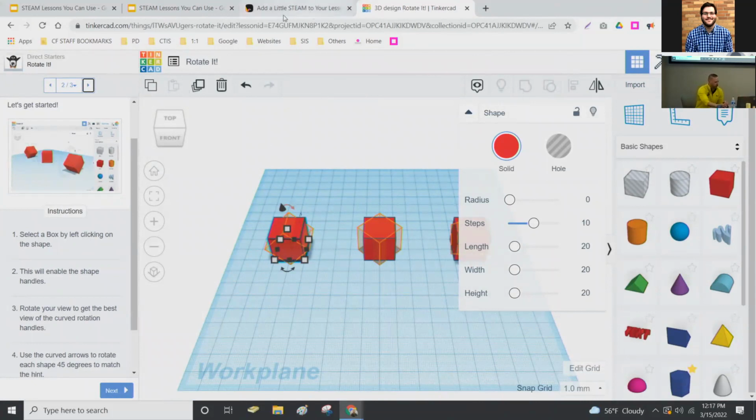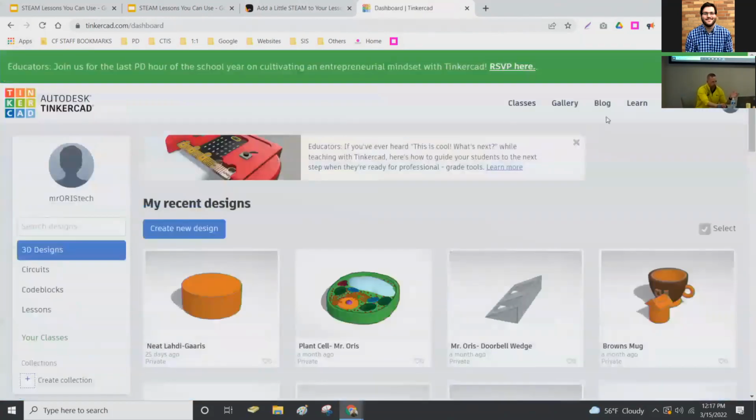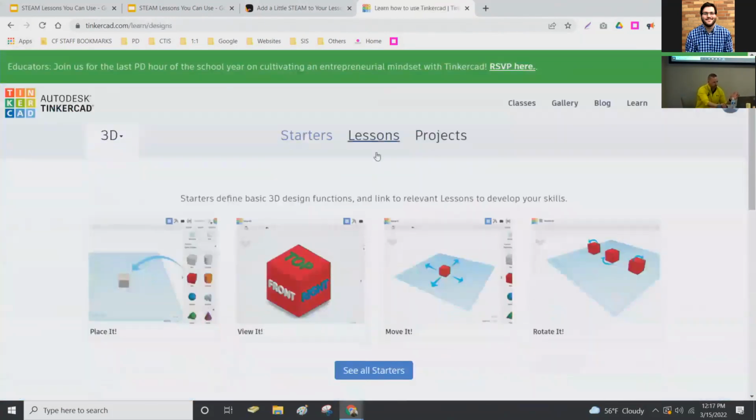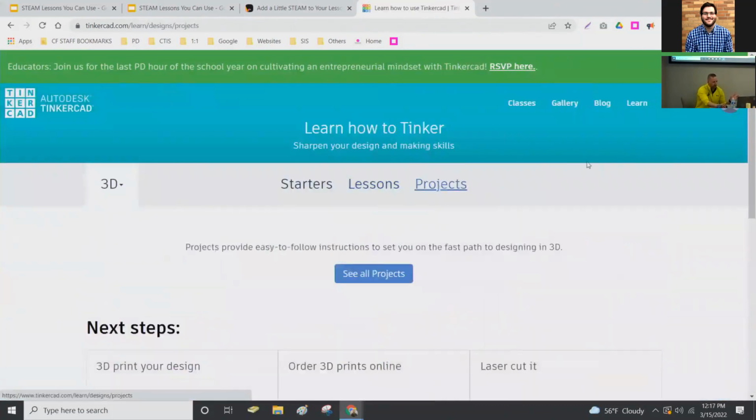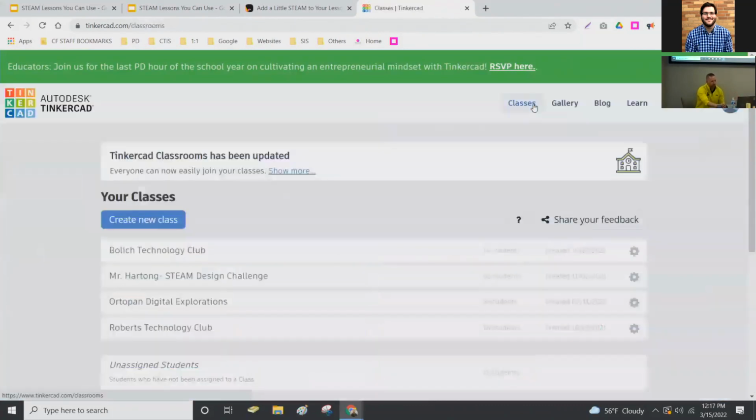There are also starter projects that students can jump right into. So they've got a learning section, they have lessons, they have projects, and if you really wanted to, you could connect a class through Google Classroom and bring the students under one organizational structure within Tinkercad. So that could be an entire presentation on its own. But I think for STEAM, it really fits because it's collaborative, problem-based. Students can take it in a lot of different ways. They can lead it.